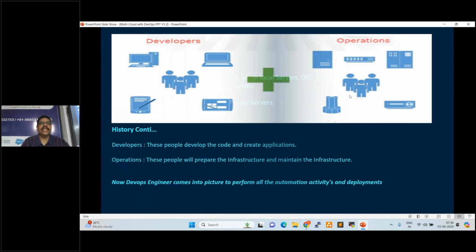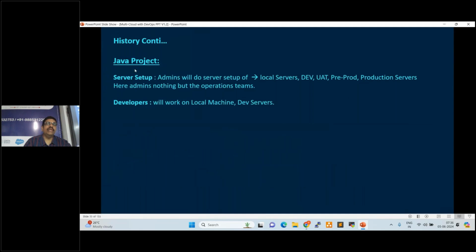Now let us take a small Java project. If anyone wants to start a Java project, the very first thing they require is a server setup. Any startup company, organization, or project that wants to start development activity requires a server setup. Server admins prepare the servers.